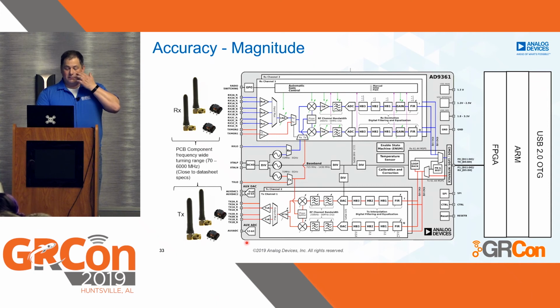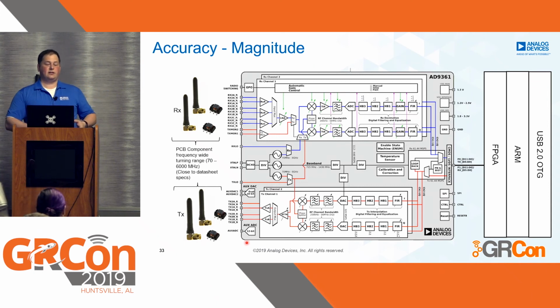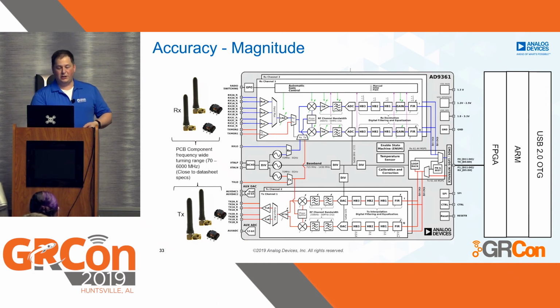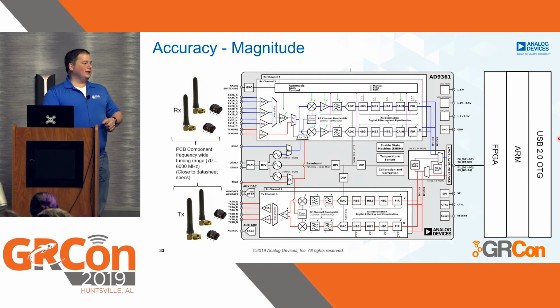And the accuracy in terms of magnitude, a lot of us in the SDR community get the question of like, okay, well, I've got exactly 1 dBm coming out of my source over here. I run it through here. I send it to my PC. I get some numbers. How do I relate those numbers? And the answer is kind of like, sounds great.